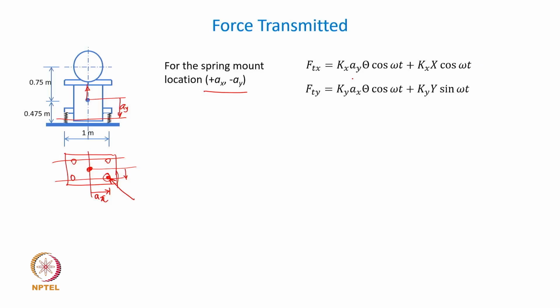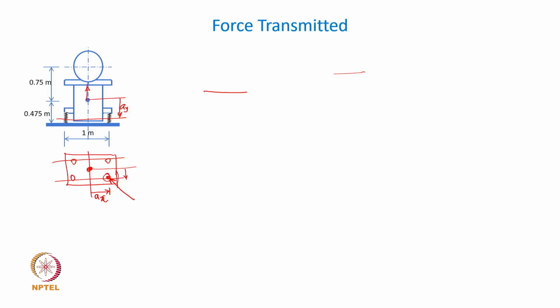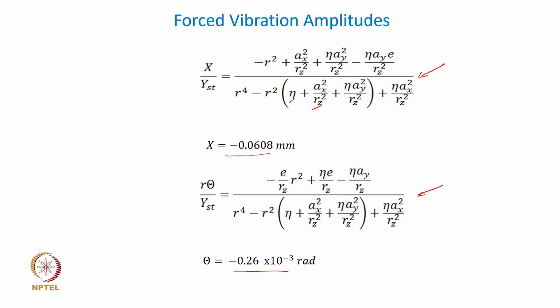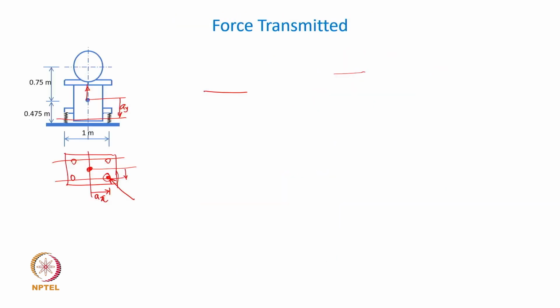Okay. You can find this because we have solved for the forces which are acting on a free body. So, you can very well recall that it was kx, ay, theta. Now, you will have to use appropriate phase relation between theta and y and x. If you remember or recall the expressions and the values that we have got, x and theta, they are in phase. You see that they are in phase, both of them have negative values,